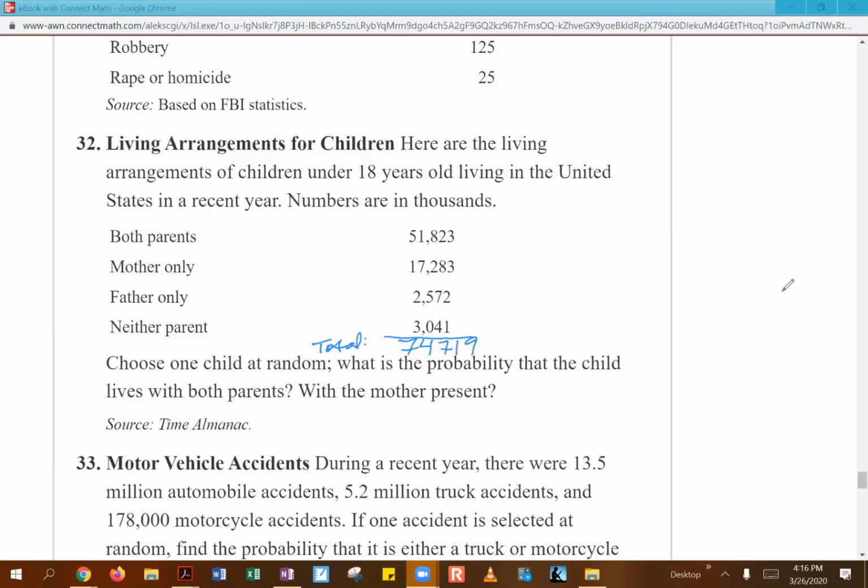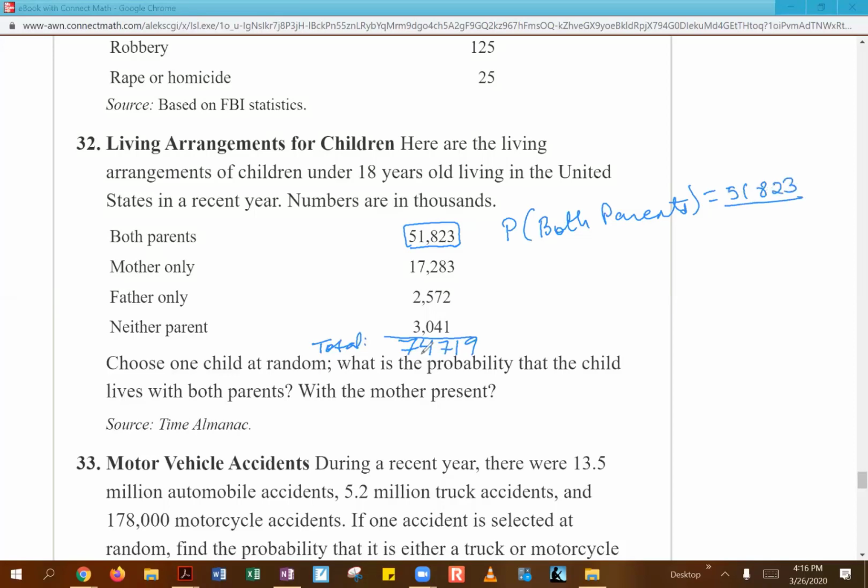Okay, so for the first part, child living with both parents, that's of course going to be this one right here. So that's